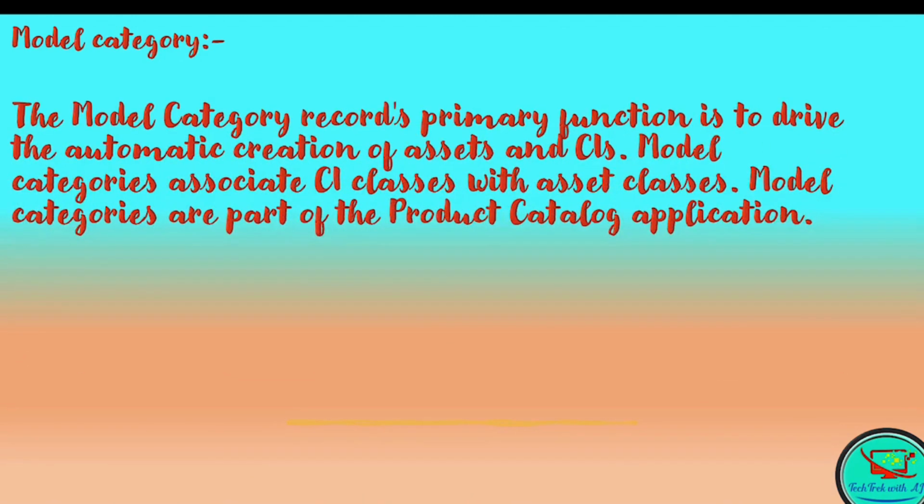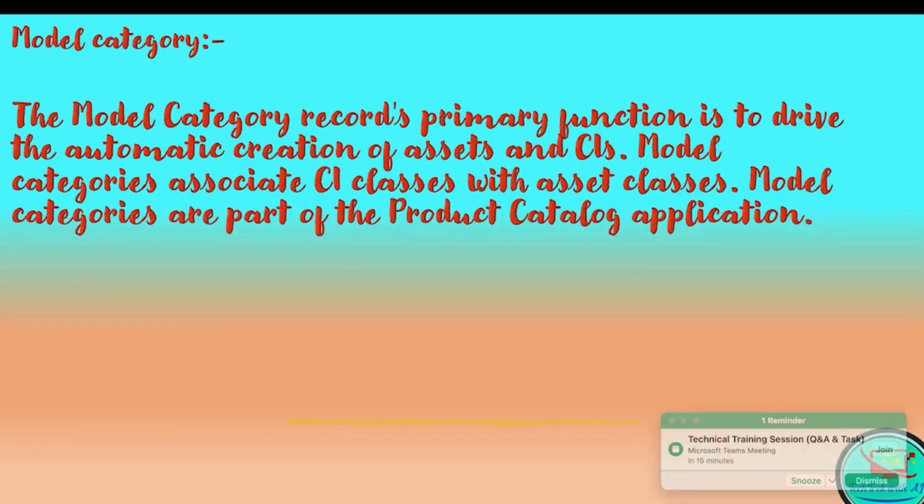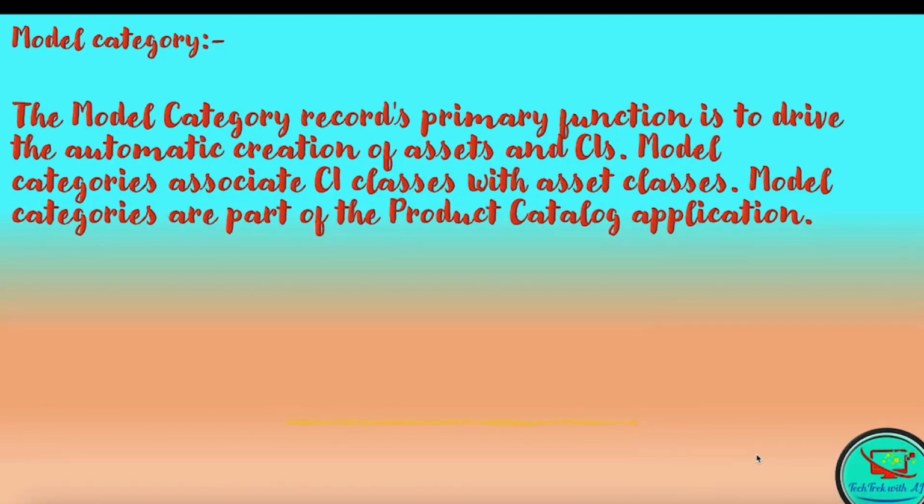Here I'm going to discuss the model category. What is a model category? That is the basic thing which is going to help to track the information about it. Here we are going to discuss the model category. A model category record's primary function is to drive the automated creation of the assets and the CI. Model categories are associated with a CI class and with an asset class. Model categories are part of the product catalog applications